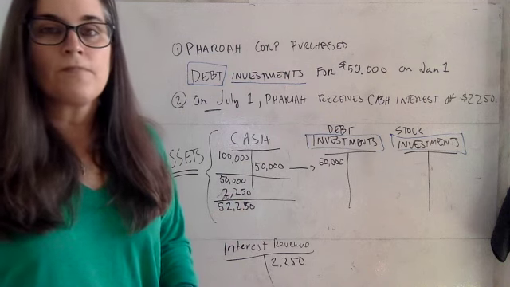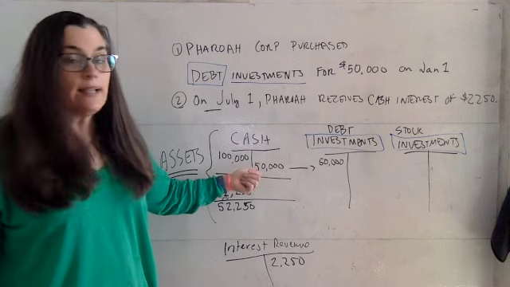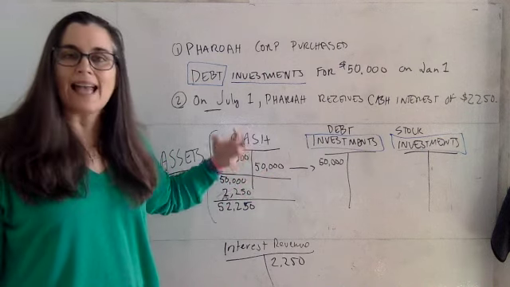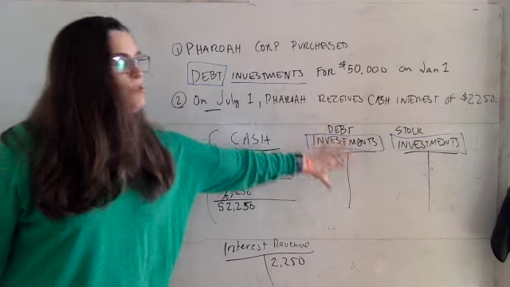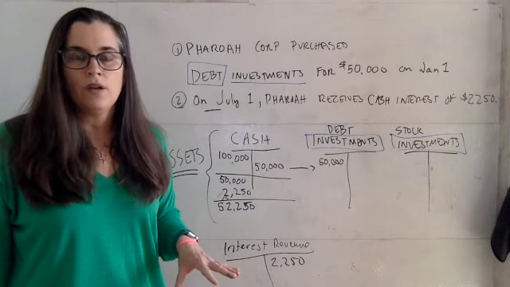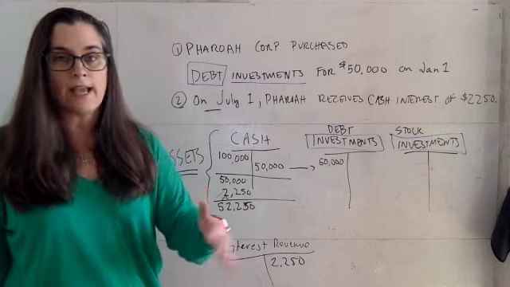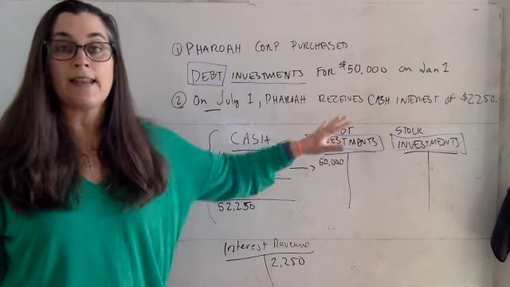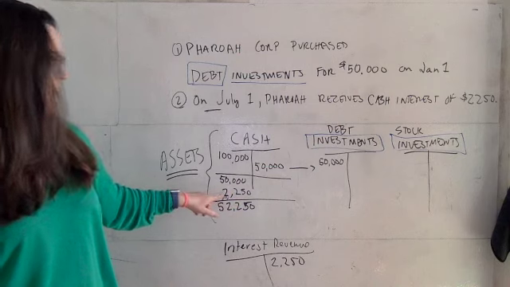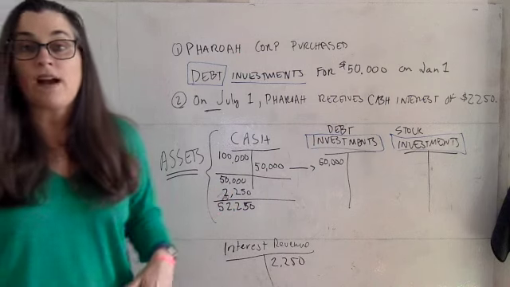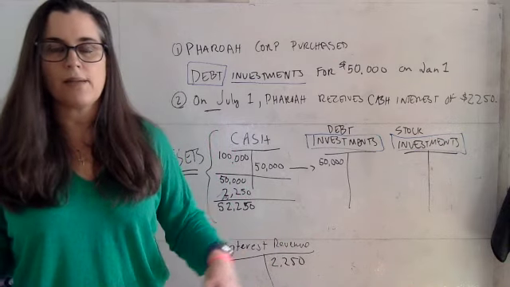It is an important premise to keep note of that a company, and an individual for that matter, has to have excess cash reserve to invest in the first place. They could not do this if they were worried about paying salaries or any kind of expenses. The idea here is that they have surplus cash that they can invest, and better let it grow over time, meaning return money over time, like the 2,250 in interest revenue, rather than having it sit in a bank account and not earn revenue.